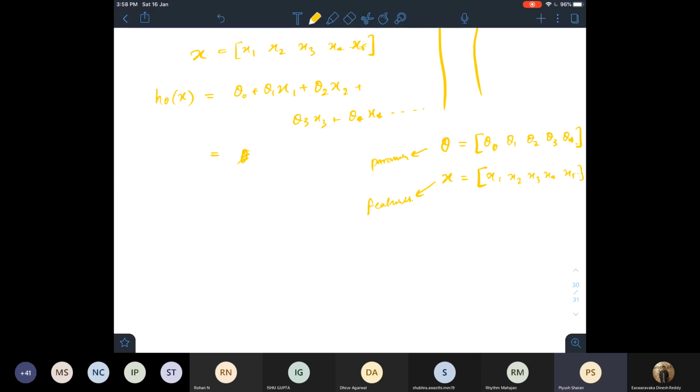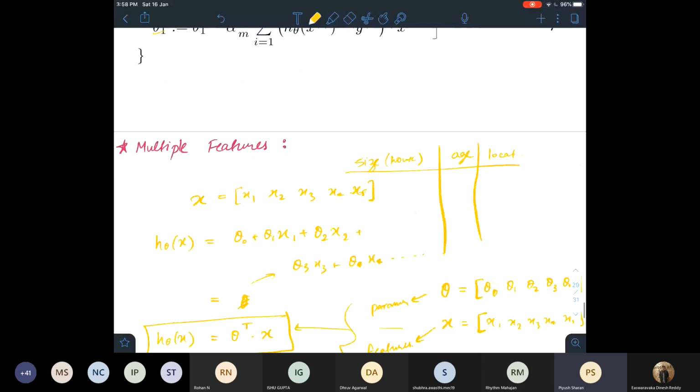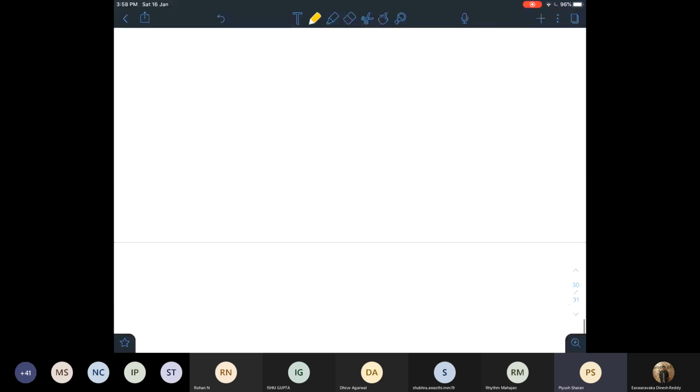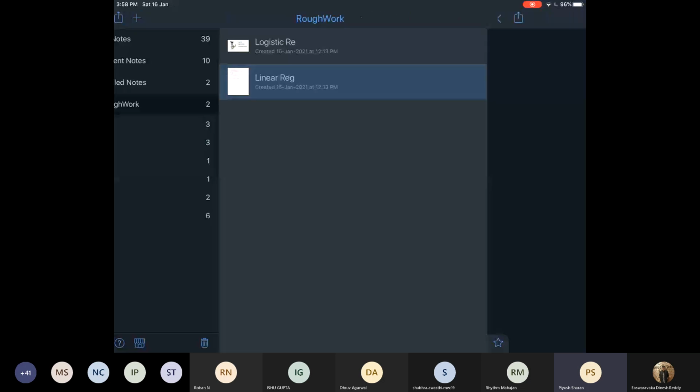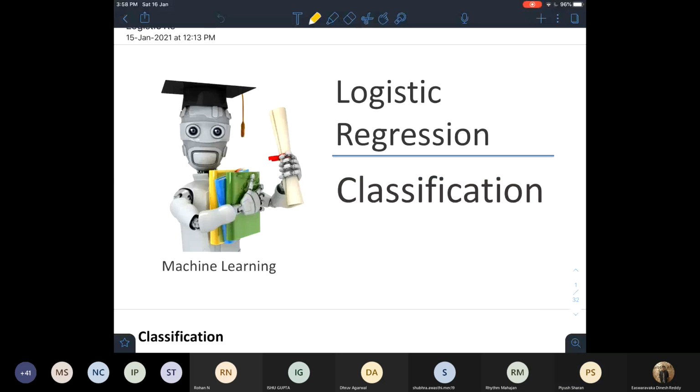So we can write this multiplication, or the hypothesis function, as simply theta transpose multiplied by the matrix X. This is exactly the same, you just transpose and multiply it one by one. So for multiple features, everything above that we studied, gradient descent, cost function, everything remains the same. Only the value of hypothesis changes to this. I'll give you 30 seconds. If you have any question, ask them, or we'll move on to logistic regression.